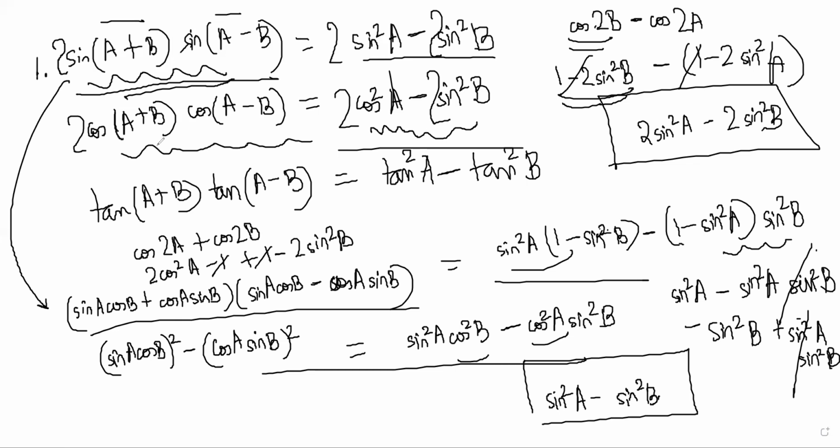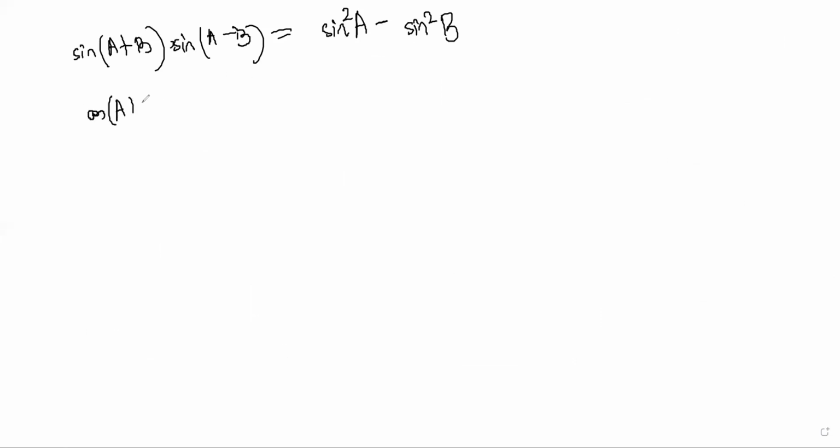These are very useful identities that you need to know now. So sine of A plus B into sine of A minus B, you should remember that it becomes sine square A minus sine square B. And this is not some obvious statement. It would have been obvious if you had sine A plus sine B into sine A minus sine B. Yes, sir. This one, cos of A plus B into cos of A minus B, becomes equal to cos square A but minus sine square B, not cos square B. Yes.